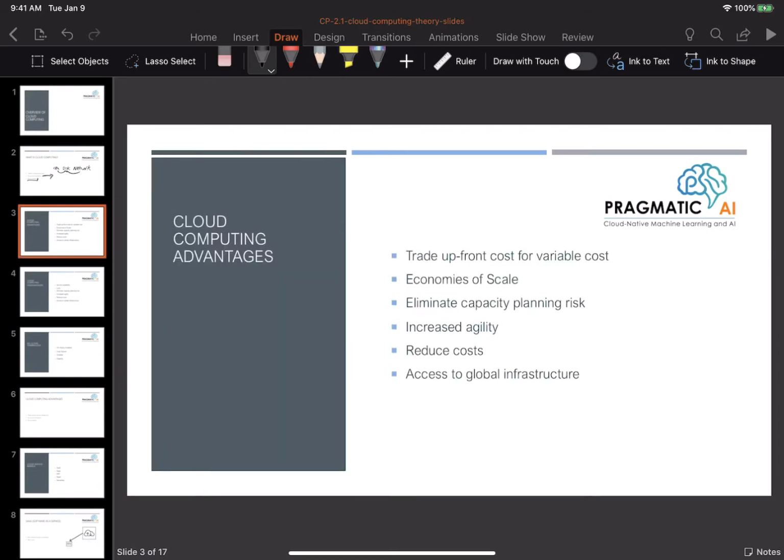Some other advantages of cloud computing are that it allows you to trade this upfront cost for a variable cost. So again, think about a vehicle. You could purchase a very expensive Tesla for $100,000, or you could rent it for one day. And the costs are very different because maybe you just need that Tesla for one day and you don't need to purchase a $100,000 Tesla. The same goes with a server. You may just need a server for an hour,